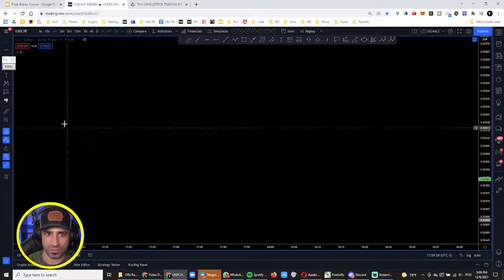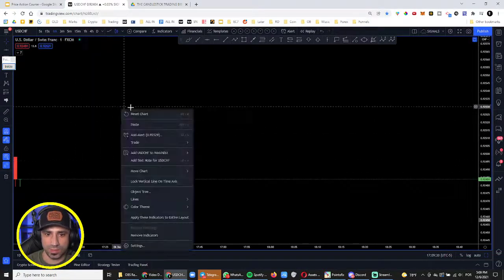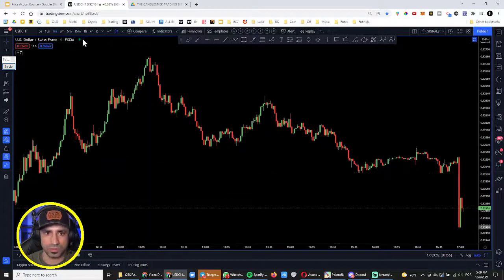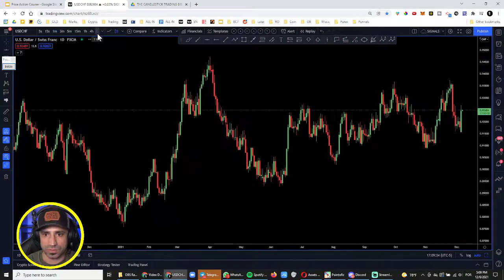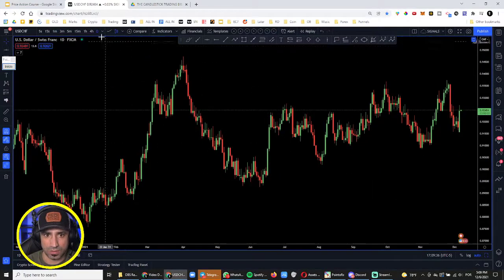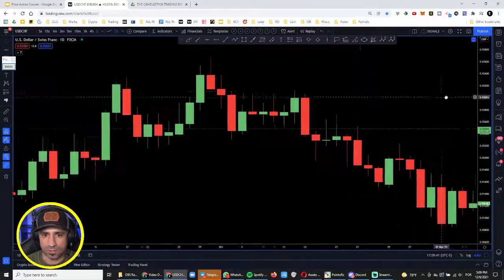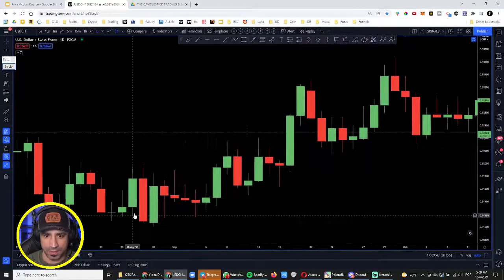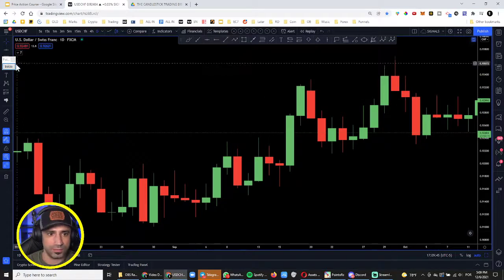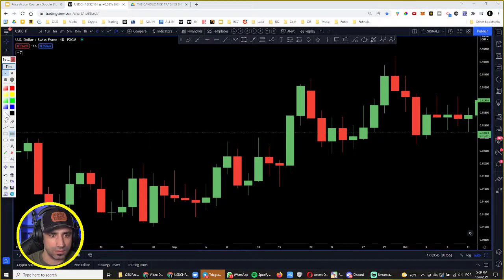So let me turn on the chart right here, and I'm going to reset, and I'm going to show you how this works and give you some examples. So I switched to the daily so you can see some examples, okay? One second here, let me switch the color. So for instance, in this case,